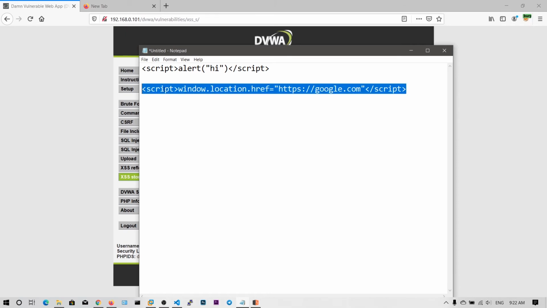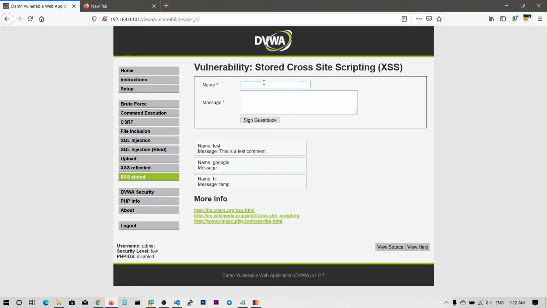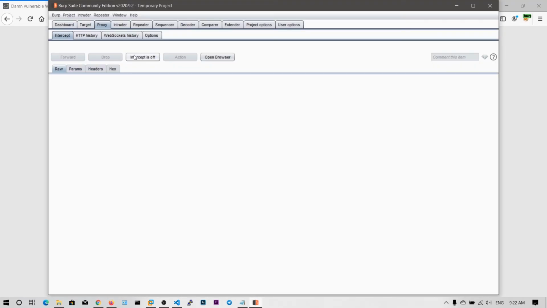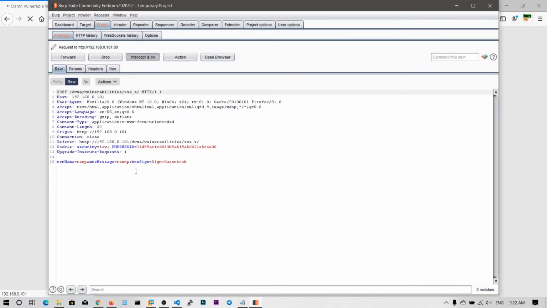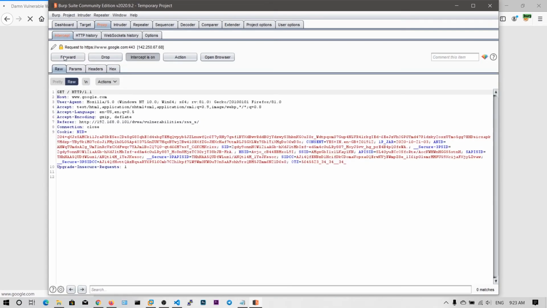Maybe that's why we are not getting redirection. Let's try another time. Temp and temp. Let me intercept this. Alright, let me paste it in here. So now let me forward this.